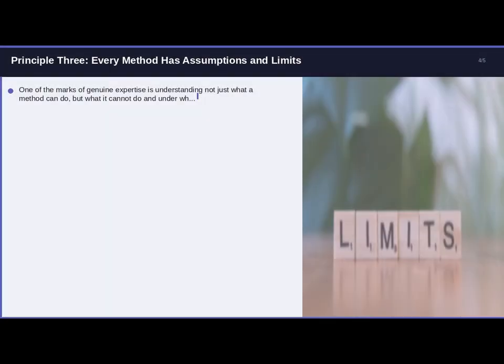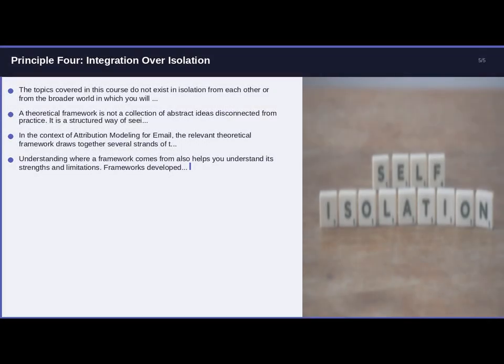Principle 3. Every method has assumptions and limits. One of the marks of genuine expertise is understanding not just what a method can do, but what it cannot do and under what conditions it breaks down. Methods and frameworks are simplifications of reality, not reality itself. They work by holding certain things constant while varying others. When those conditions are not present in your situation, the method becomes unreliable. Knowing this, protect